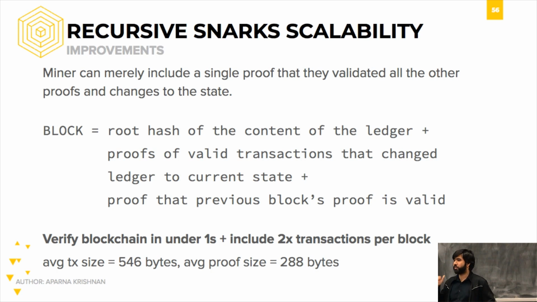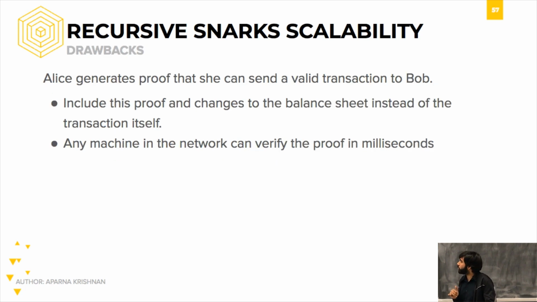So it's the recursive aspect of these zero-knowledge proofs, or recursive snarks, that allows us to decrease the size of the blockchain immensely. Because now we're not storing the actual transaction data, we're merely storing the proofs that the transactions have happened. And that's more important than the transaction data itself. All right, does that make sense for everyone? Does anyone have any questions so far? All right, well, if you do,